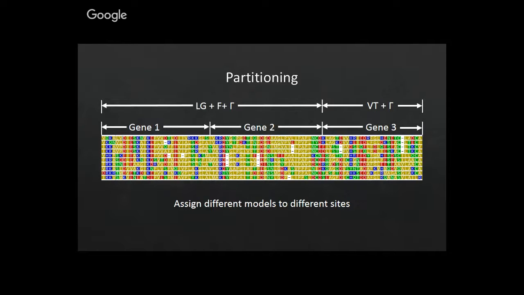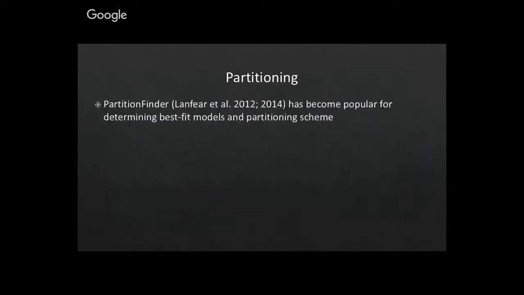Those models, of course, the empirically derived site-homogeneous amino acid models, have their own site frequencies that come with the model, but you can also incorporate empirically derived site frequencies for those models as well. So that would be LG plus F or WAG plus F or VT plus F and so on and so forth. So that's broadly about partitioning.